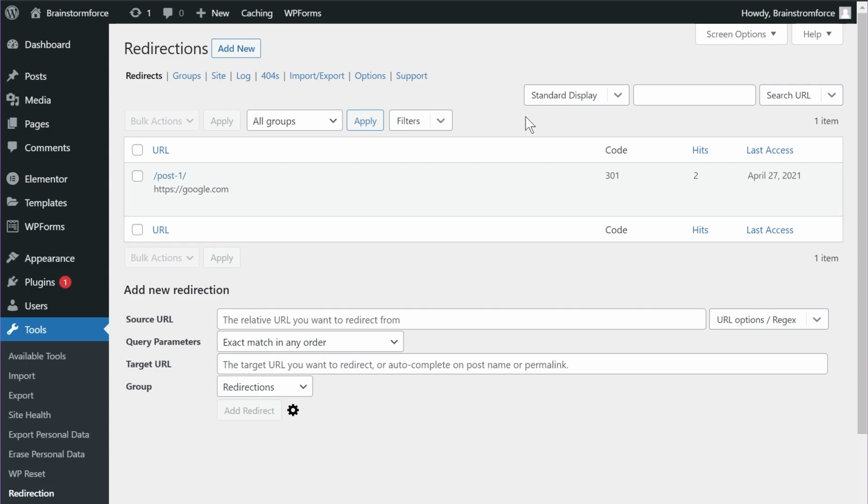What you can do is use the number of hits option to understand which are the most important URLs that are being hit on your website. We also use this feature to understand which of the links are being clicked in the YouTube description of our videos. So if you are into a YouTube channel and want to create content, this is one more use case that you can have for this plugin itself.